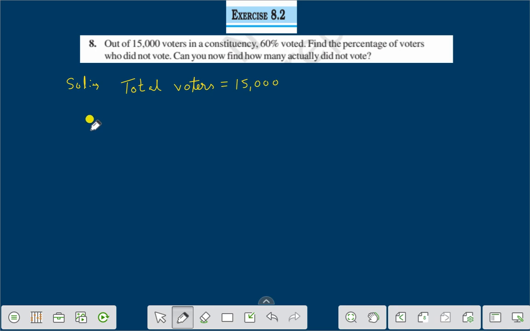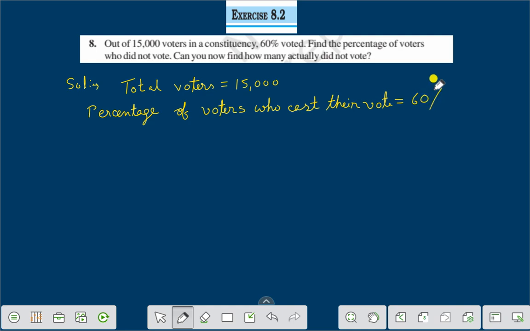Find the percentage of voters who did not vote. Percentage of voters who cast their vote is equal to 60%. Right? Therefore, percentage of voters